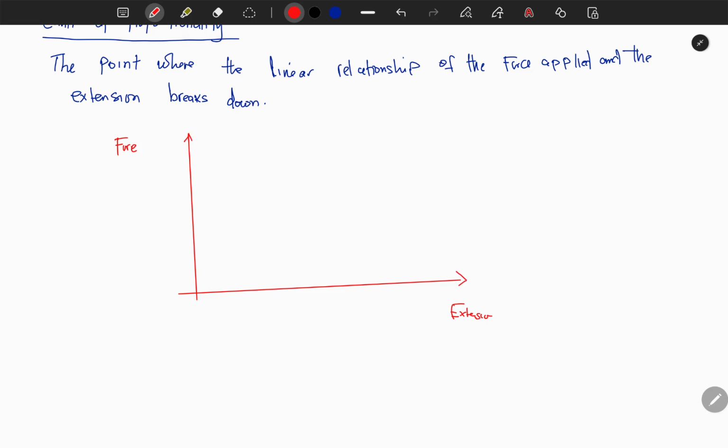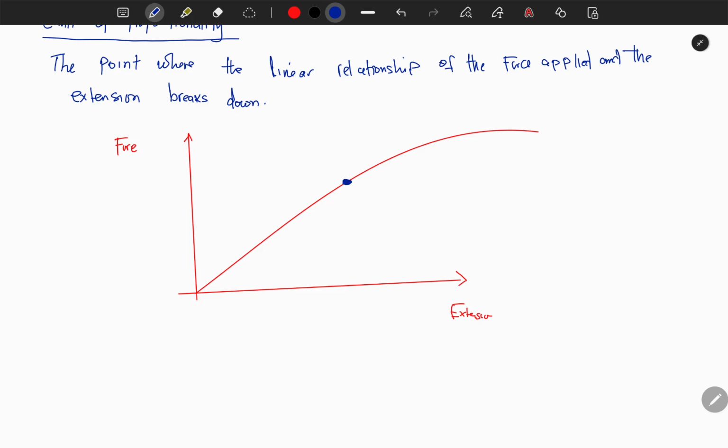The force and the extension have a linear relationship, but sometimes this linear relationship can bend like that. Assume we have something like this, and at this particular point, they are no longer proportional to each other. From here it's curving like that, right? So this point here